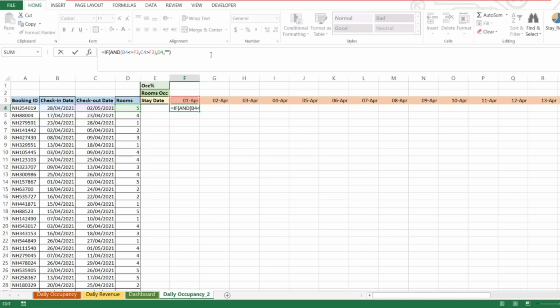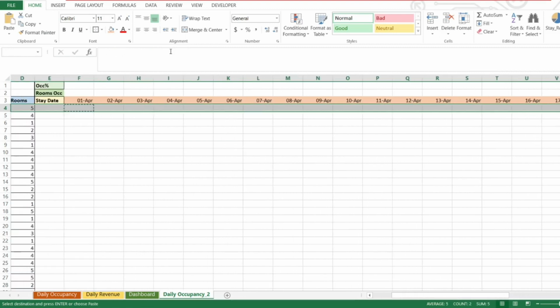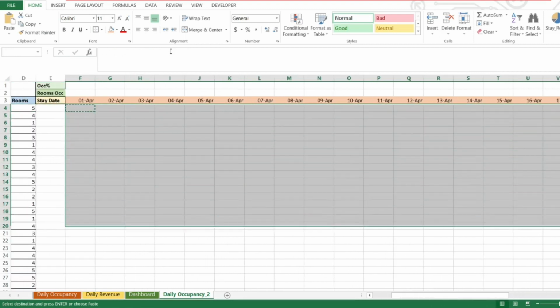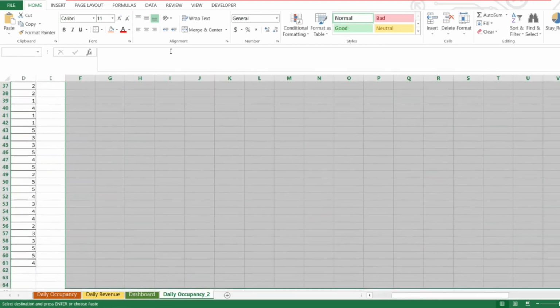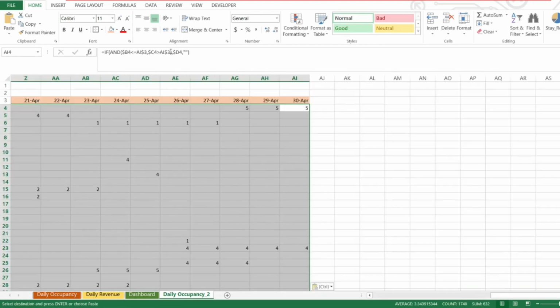But I'll explain this further. Let me apply this formula with the relative range reference. I'll paste this entire formula for all the stay dates on the entire range, and let's see what it does. I have pasted it.